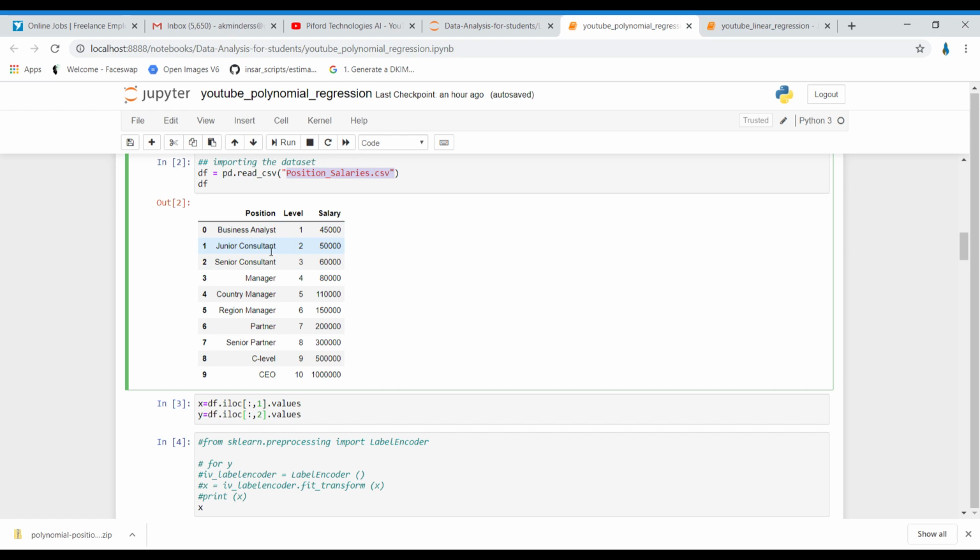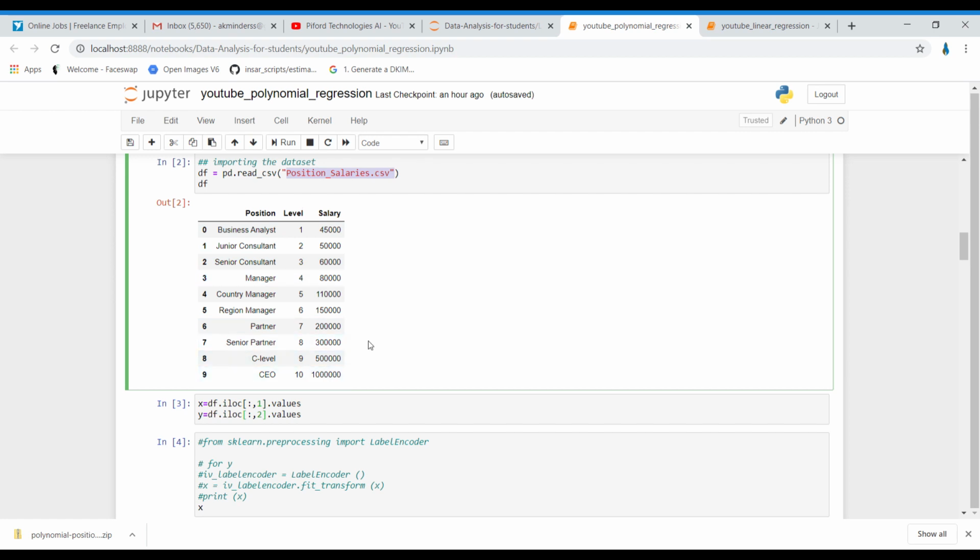By using label encoding. On this particular column we have applied label encoding, and the results are stored in level. That simply means level and position are the same, but level is the label encoded form of this particular column. So we'll be working on these 2 columns only, level and salary, right?